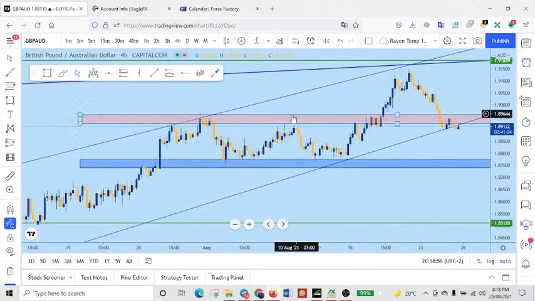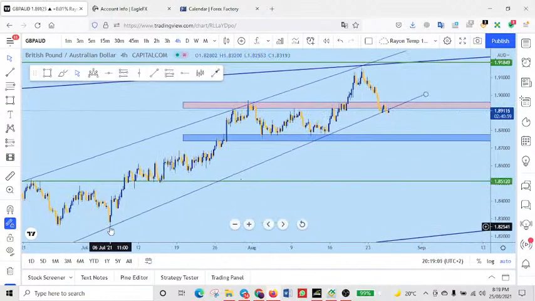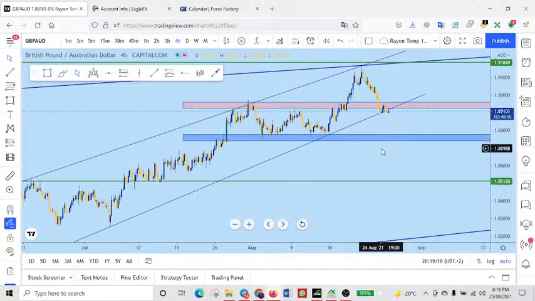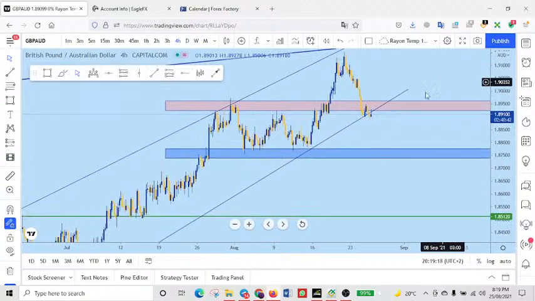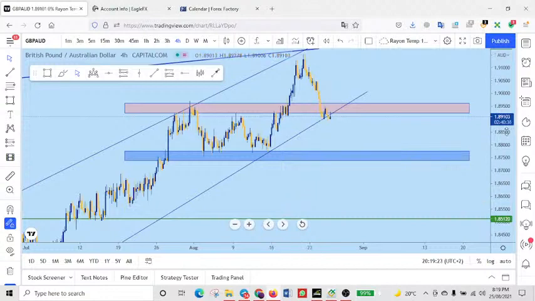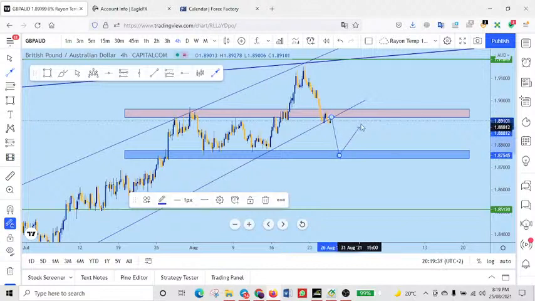Just look at this, guys. You see what is happening? A bounce off, a bounce off. This bounce off and this bounce off give me this trend line. Okay, and looking at what is happening in the market at the moment, we can see selling pressure kicking in here. So now, looking at this just based on the 4-hour time frame, I'm expecting price to come down here, then from here we have a possible bounce off, then from there